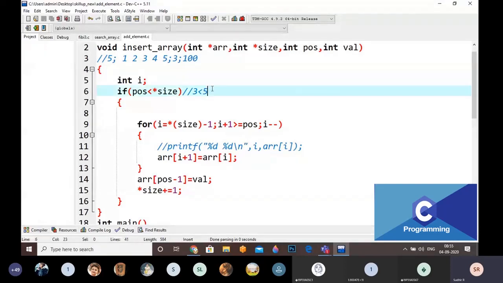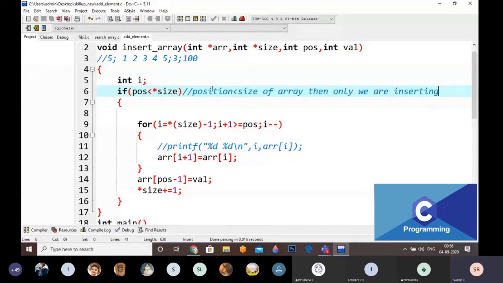Why am I writing like this? When we are going to add the values, if the position is less than the size of the array, then only we are going to insert. If the position is less than the size, then only I am going to insert a value inside the array. If the position is much bigger than the size, there is no need to insert, right? That's why I am going to add like this.